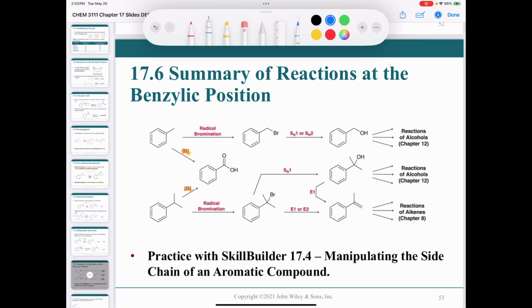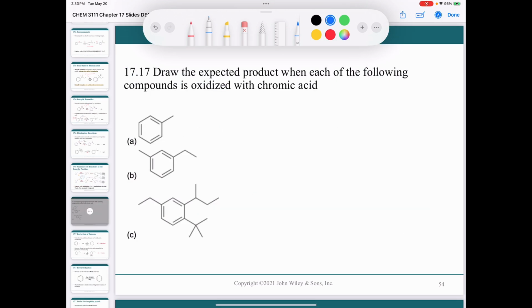Later on, we're going to do an entire chapter where we study carboxylic acids. But we can take our benzylic bromides and convert them into alcohols or alkenes. Once you have an alcohol, you can go back to chapter 12 and look at all the different reactions we did in there. Or with an alkene, you can go back to chapter 8 and look at all the different reactions we did there. And so this question says, draw the expected product when each of the following compounds is